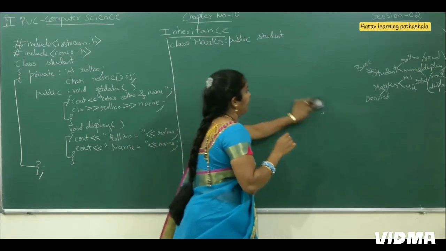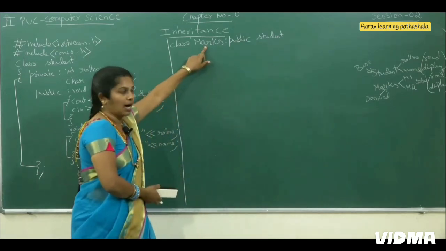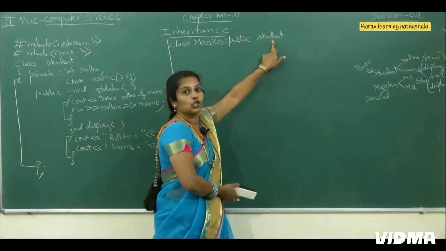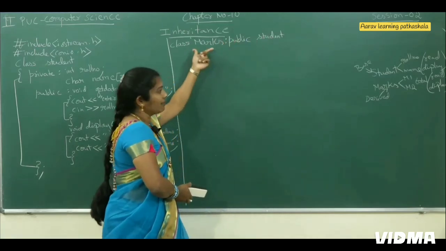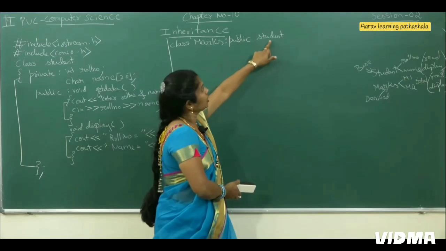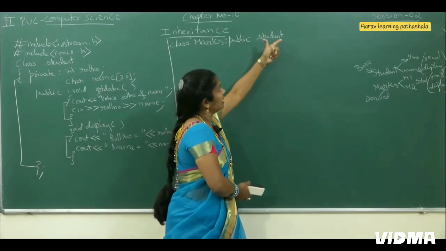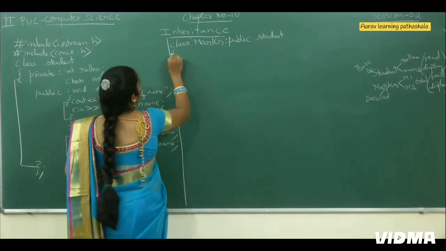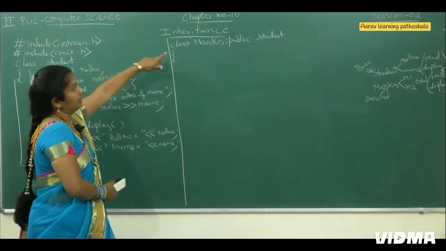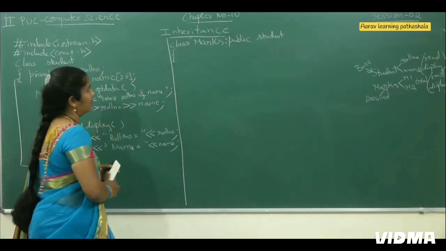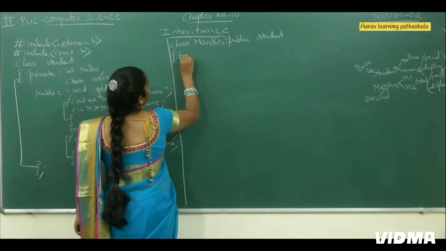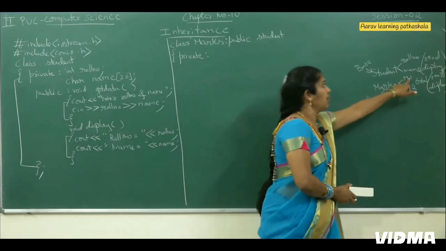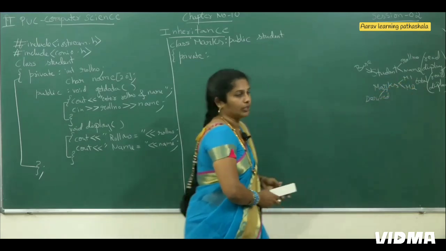From this I am creating a new class called as marks. This marks acquire the properties of base class, that is student. Andre ee derived class marks annodu enide, aa marks annodu derived base class enide student inda properties inda tagondide. Now I am to start the derived class. First I am declaring the data members in private section. Private. Which of the data members are required for marks? Marks 1, marks 2 as well as total.